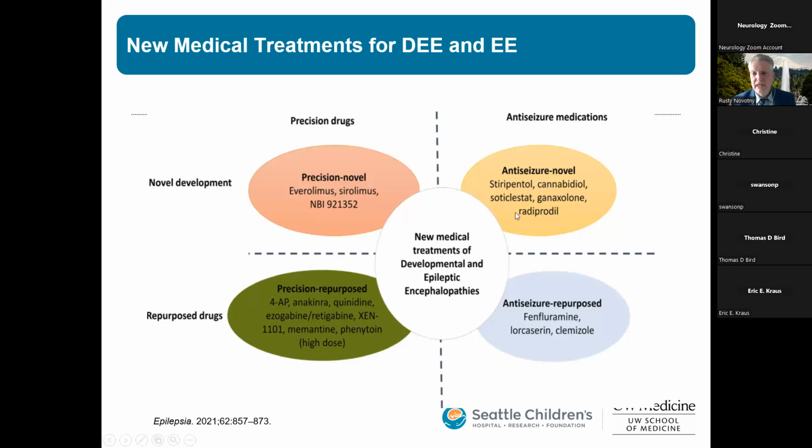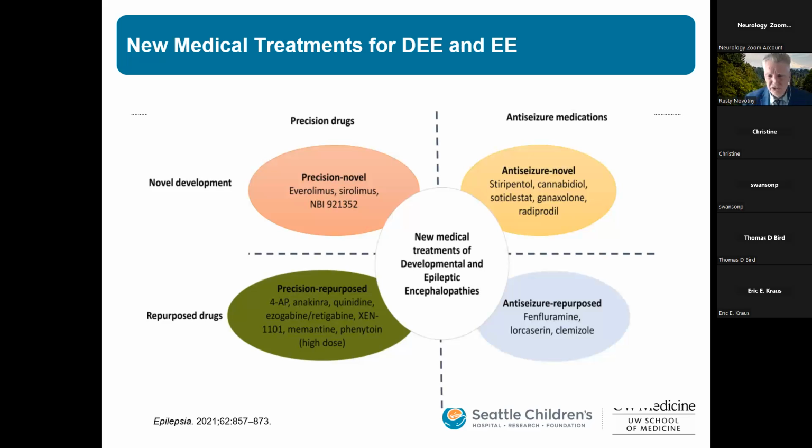There's also, based on the underlying molecular basis, use anti-seizure medications that we know specifically are likely to benefit patients with specific genetic underlying types. As I mentioned with SCN1A, you avoid the sodium channel agents, but with SCN2A or KCNQ2, the sodium channel agents are most effective. There's other agents such as cannabidiol, which has been shown to be effective for Dravet syndrome, SCN1A. Ganaxolone is another agent that's again targeting specific